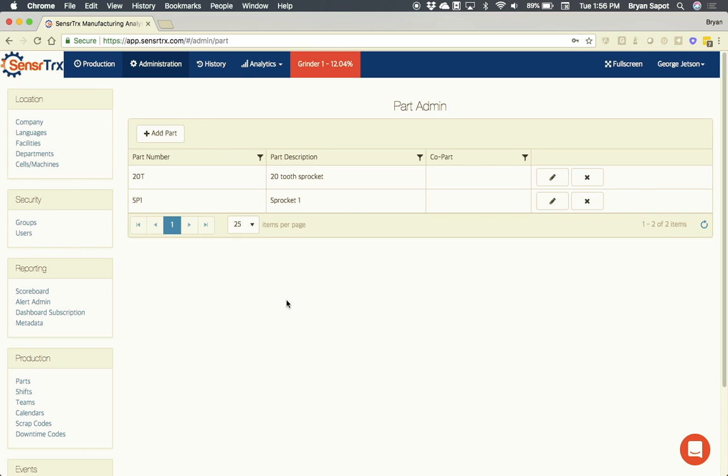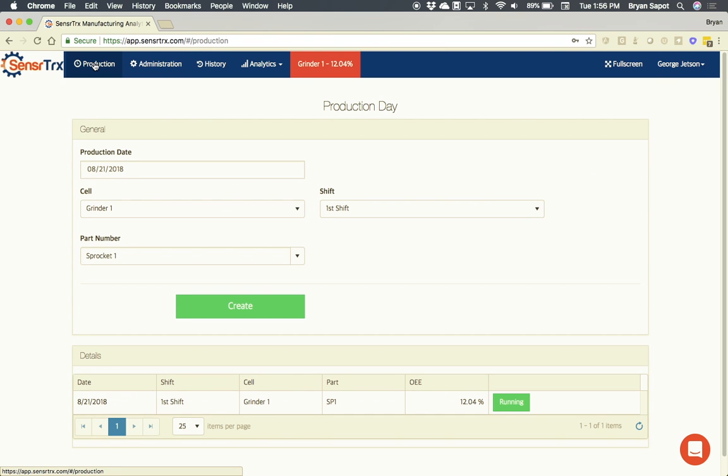Not only do these records define cycle times, they also do something else. Throughout the system where you're selecting part numbers, how you set up the cycle times has an effect on which part numbers are shown. The best place to look at this is the production day screen, which is the default screen